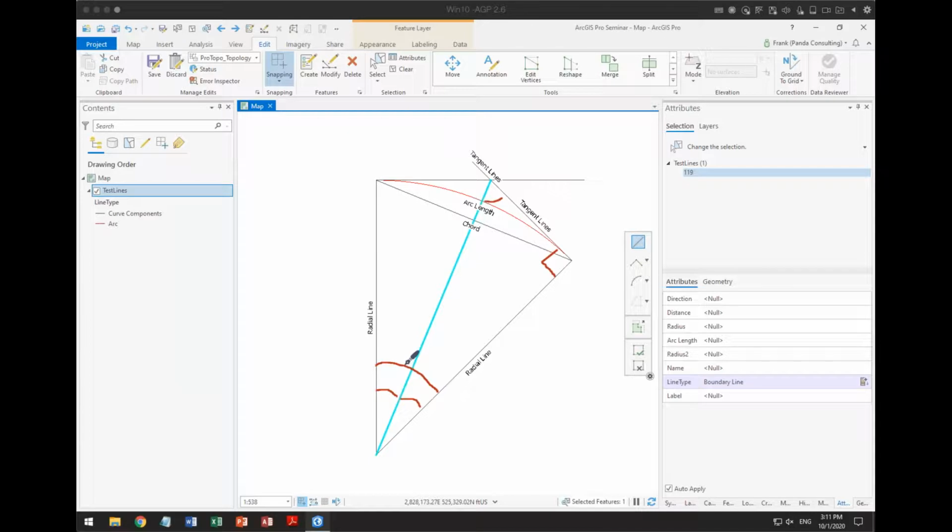The delta is the change angle, or the central angle. We get some interesting things here with geometry because this is really nothing more than a series of right triangles, 90-degree triangles, which means that in fact,